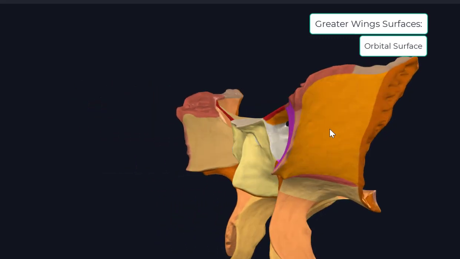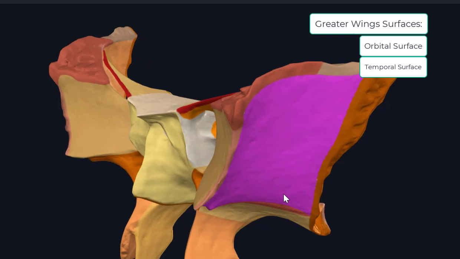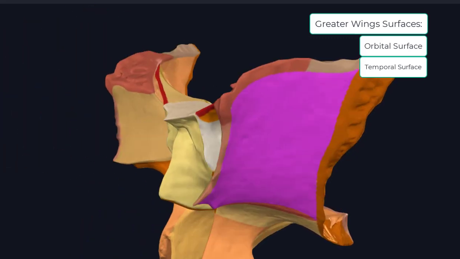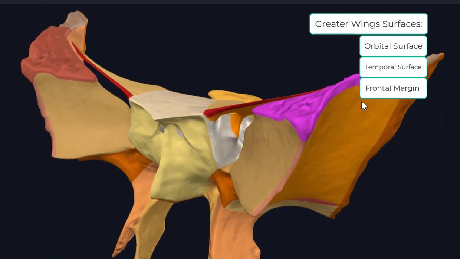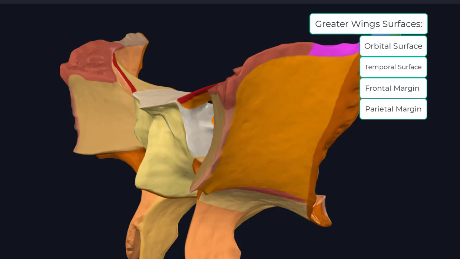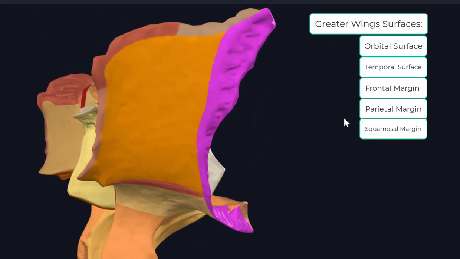When we turn around laterally, we can distinguish the temporal surface of the greater wing, where the temporalis muscle is attached, or you can also say originates. Here you can distinguish three sutures with other neurocranial bones. The one here is the frontal margin of the greater wing, through which the frontal bone is attached, the parietal margin of the greater wing, through which the parietal bone is attached,